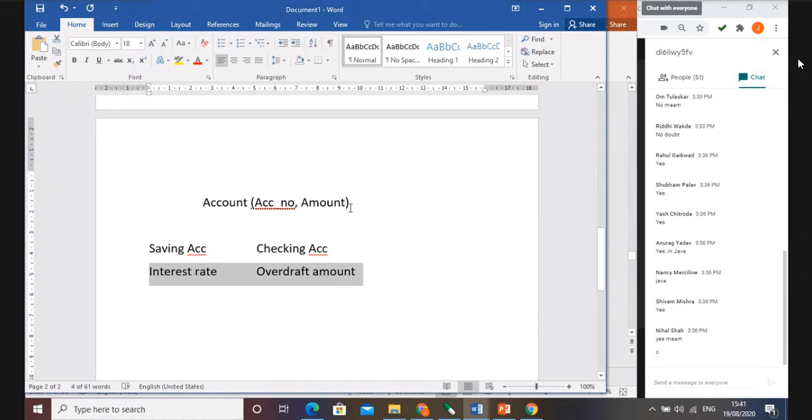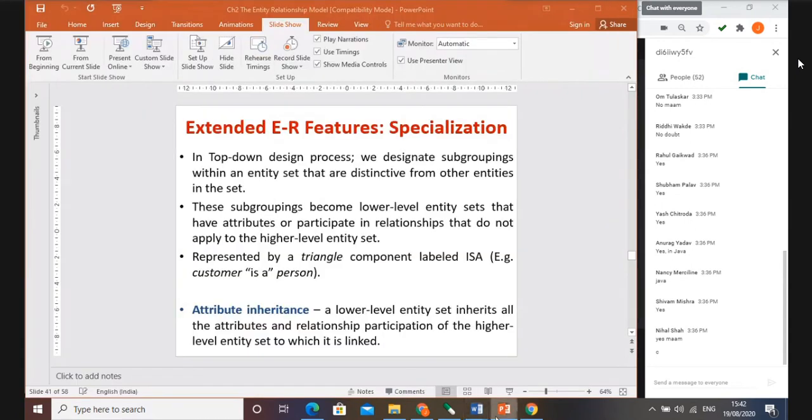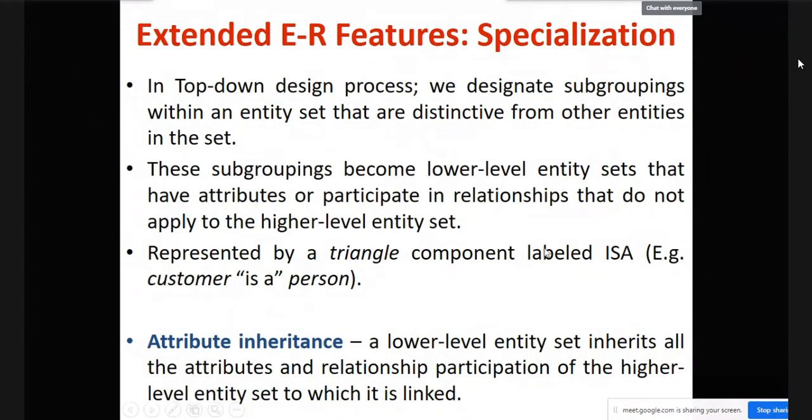So my main concept to elaborate this is, when you are going to show this concept in your ER diagram, you need to show the subclasses where at least one attribute needs to be shown as a separate attribute. Now this concept is clear, so I will go with our specialization. So now with the account, I have added some special classes. So that is nothing but I am dividing it into further subclasses. That is known as a specialization.